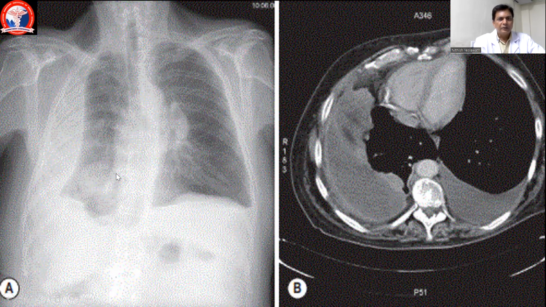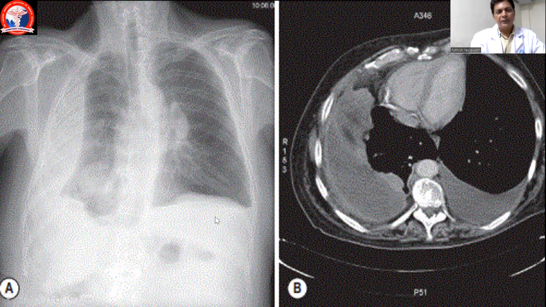And here, this area is a consolidation. Lower zone, there is a consolidation, and the encapsulated large effusion is extending to the right costophrenic